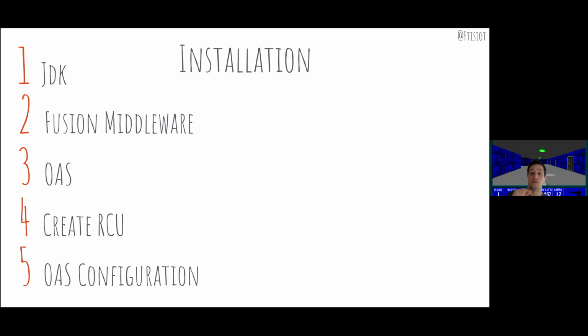And then you run the Oracle Analytics Server configuration. You can also do step 4, the RCU creation, within step 5 during the configuration. However, I found that you have a lot more flexibility in creating the schemas if you run the RCU by itself and then the configuration.